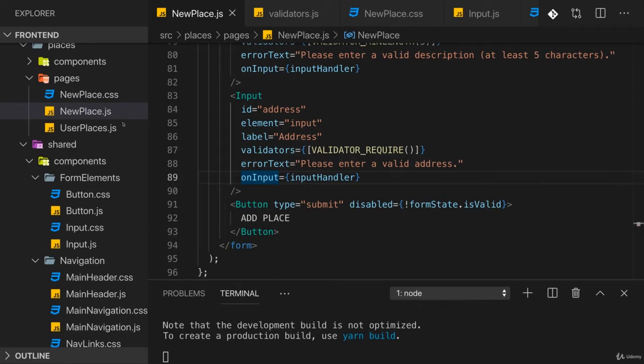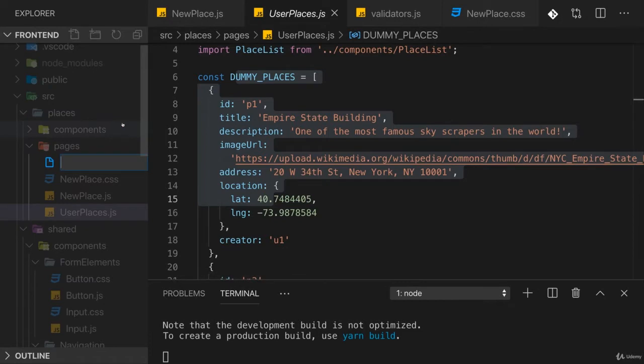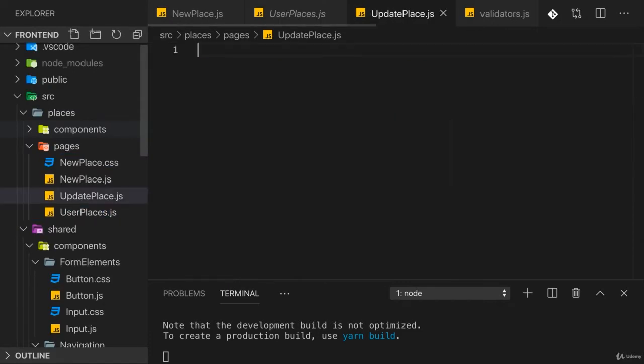Let's continue with our application by adding a new component, the update place component. Update place.js in the places pages folder is added therefore. And in here, the idea is to also show a form where users can enter some data. But for this application, I want users to only be able to update the title or the description of a